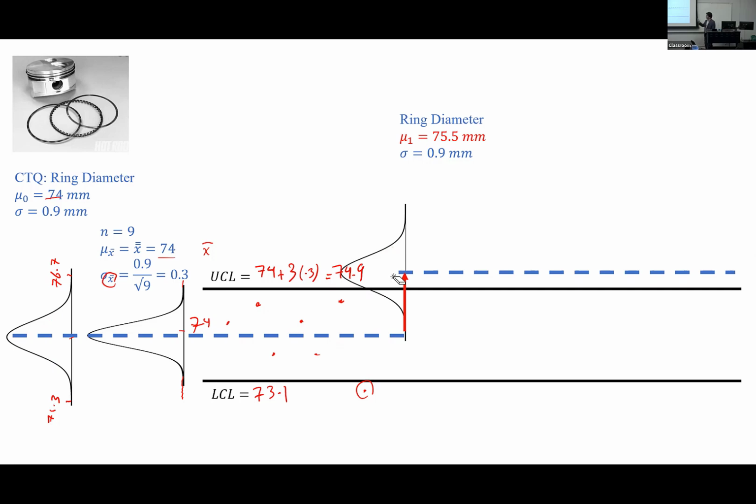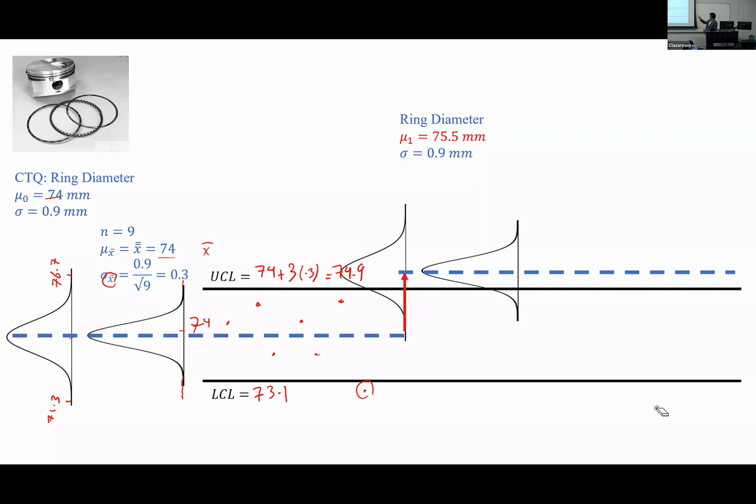But I don't know that change has happened. I'm still taking samples, plotting them on the same limits, right? I don't know that change has happened. Hopefully this control chart will show me that it has happened. But again, I